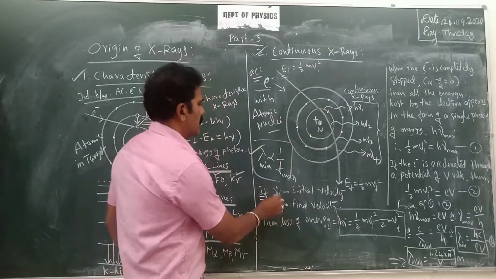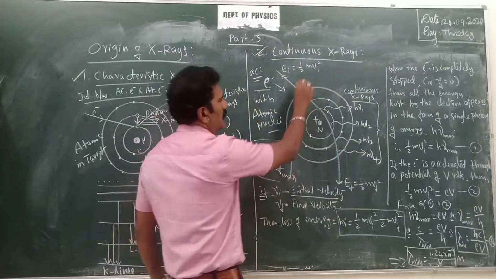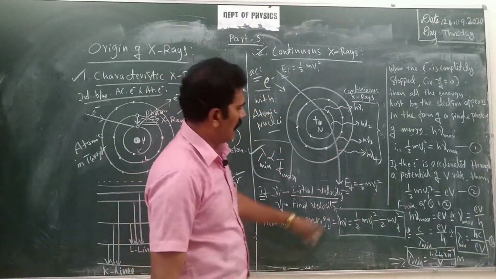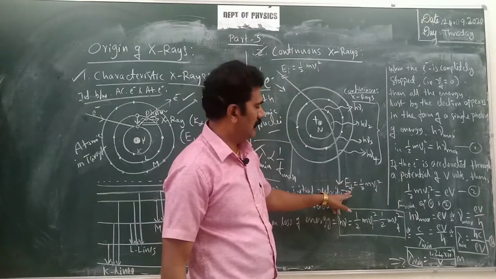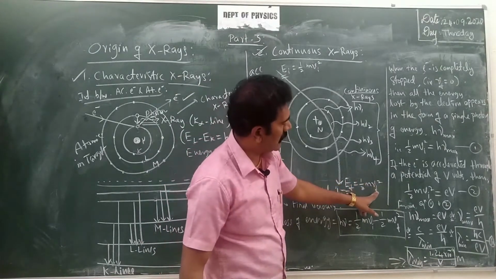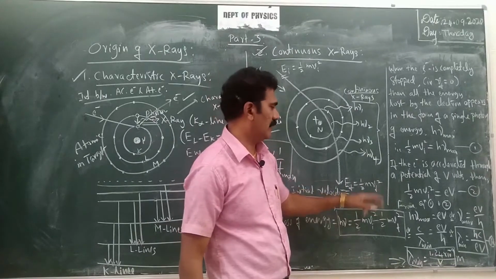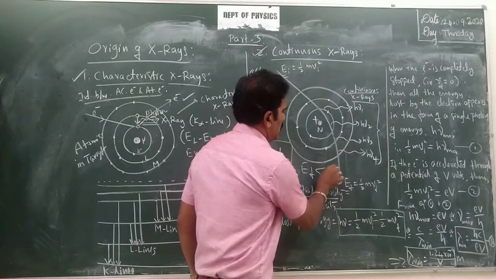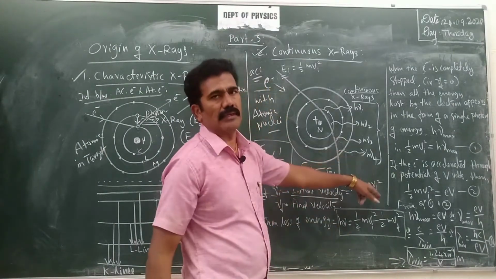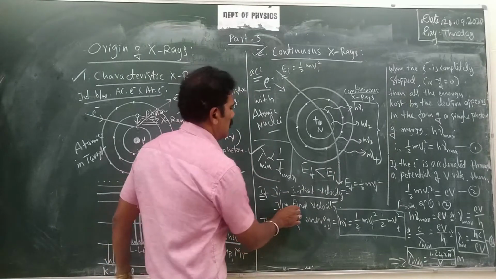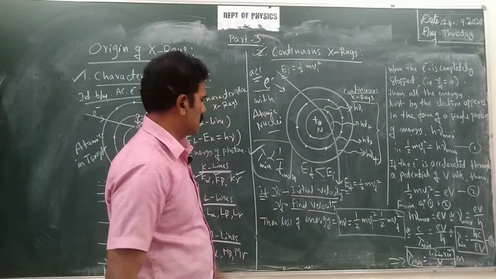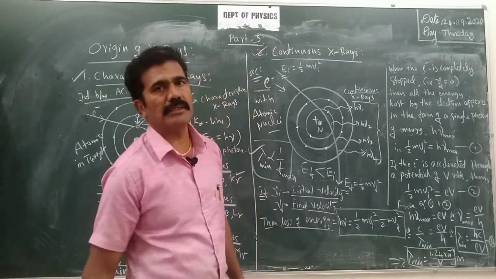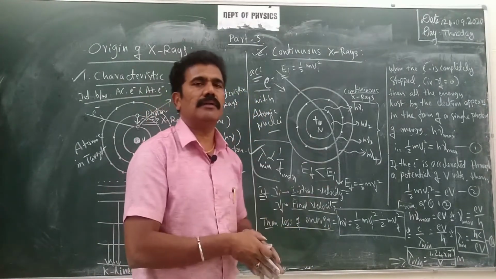Clear? If Vi is the initial velocity of the electron, after interaction, while it is exiting, its energy decreases. That means the final energy Ef is decreased, with the corresponding final velocity Vf. You have to understand that here the final energy is less than its initial energy because of loss of velocity. Clear? So consider these two velocities now. What is the loss of energy?